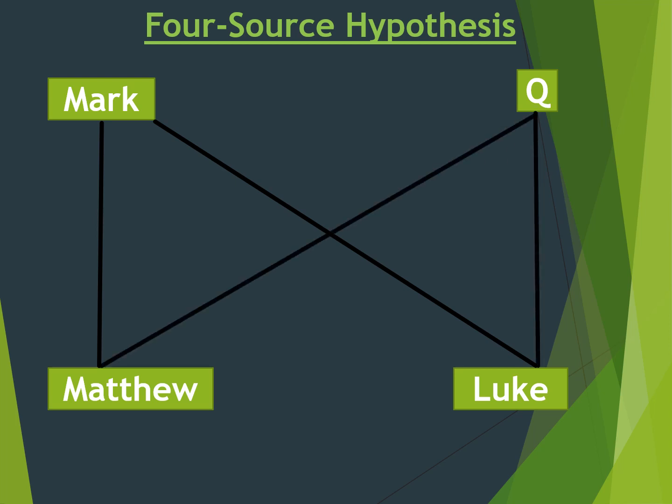So the Q source is believed to have provided a lot of the information that both Matthew and Luke drew off of, but Mark did not have information of. Now again, there is more information that we see in Matthew that we do not see in Mark and also do not see in Luke. While Matthew may have come up with this on his own, most scholars argue that there was an additional source or compilation of sources, which they refer to as M, which provided some of the background for Matthew.